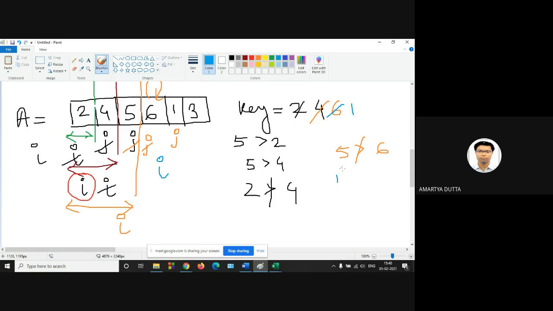Yes. And I is greater than 0? Yes, the present value of I is greater than 0. At the same time, A[I] is 6, which is greater than 1.